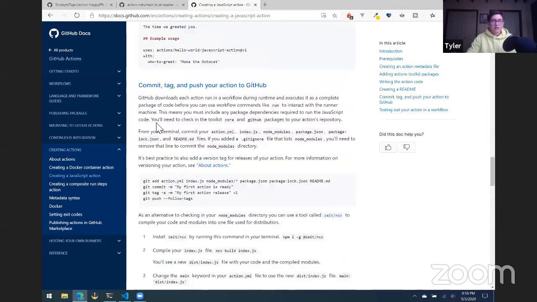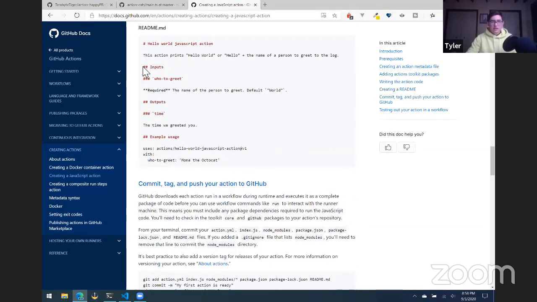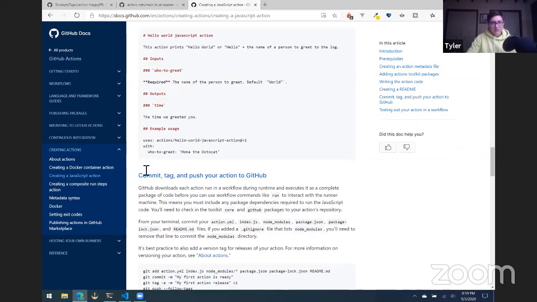And it also guides you through how you should list your inputs that you're expecting, how you should list the outputs that the user will see, and then you can list an example of how to use this. So then it walks through